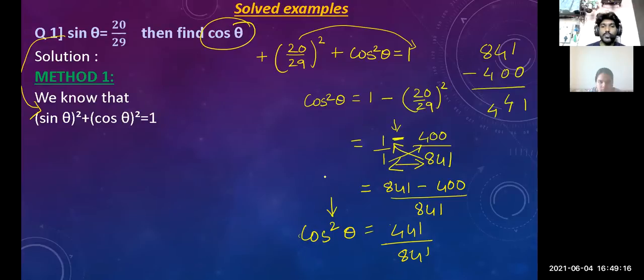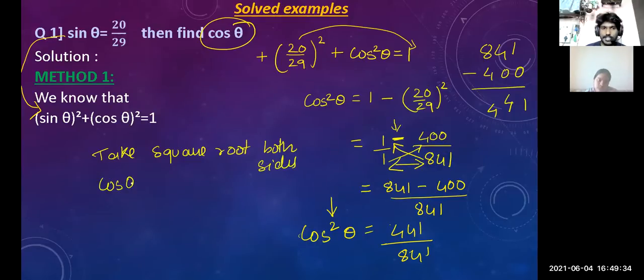What do we do to remove the square? Square root, yes. So take square root on both sides. After taking square root on both sides, you will get cos theta is equal to square root of 441